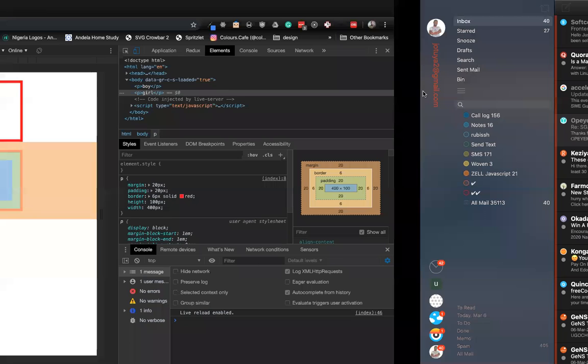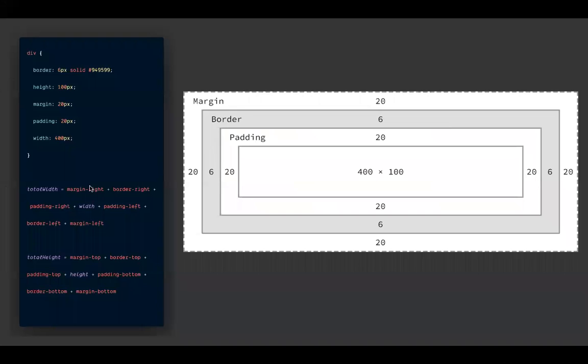Good. So the total width of an element is calculated by the margin right, which is this. The border right, which is this. The padding right, which is this 20 here. The width, which is 400. The padding left here, the border left, and the margin left, calculated. That will give you the total